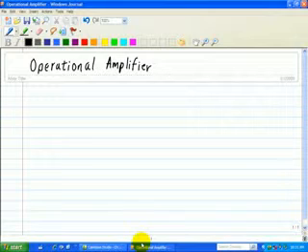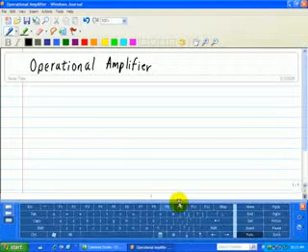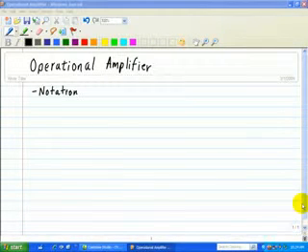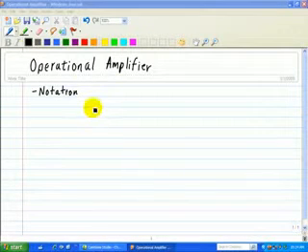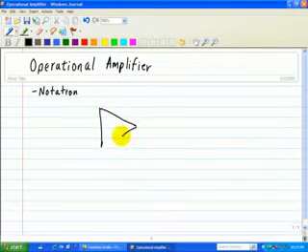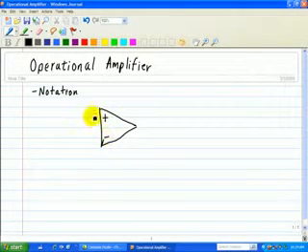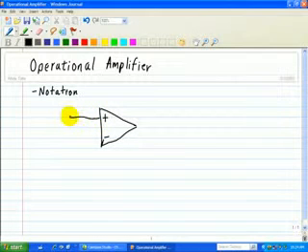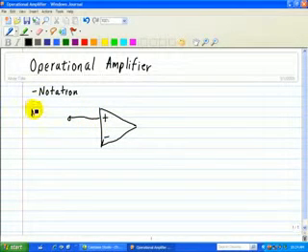Before I discuss developing a circuit model for the op-amp, let me first discuss some op-amp notation. The op-amp is a 5-terminal device, and let me draw that right now. So what we have for the symbol of the op-amp is basically a triangle as shown here. It has 2 input terminals, one plus and one minus. The one associated with the plus is called the